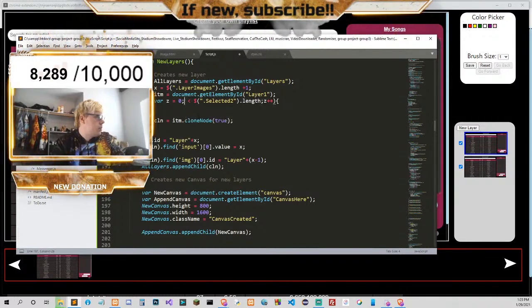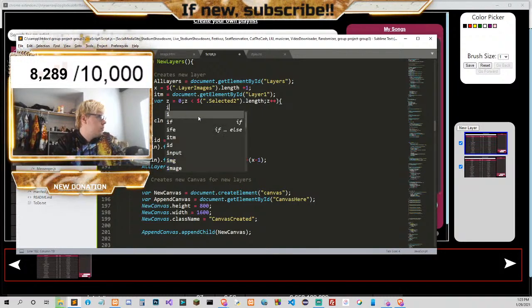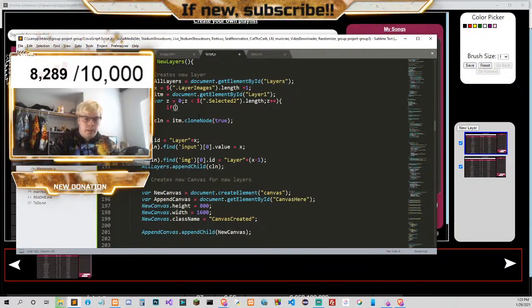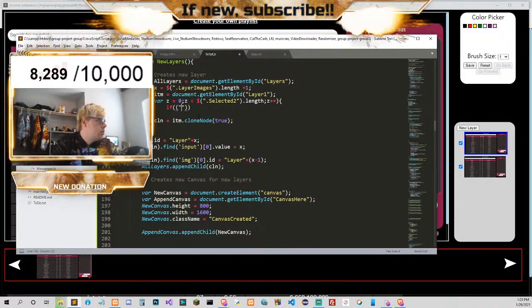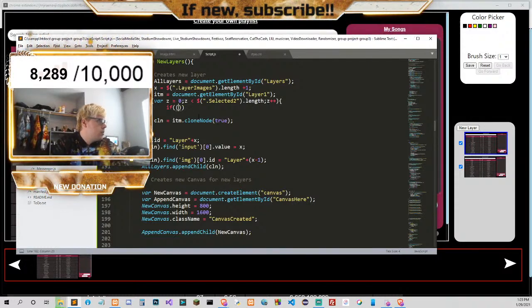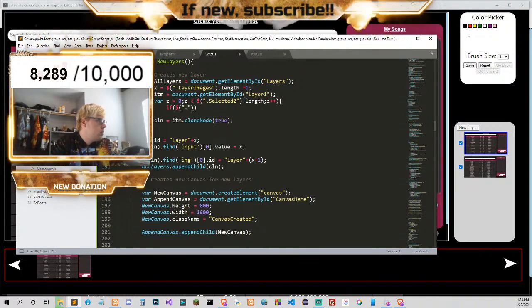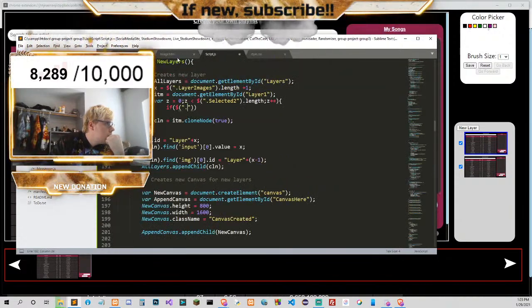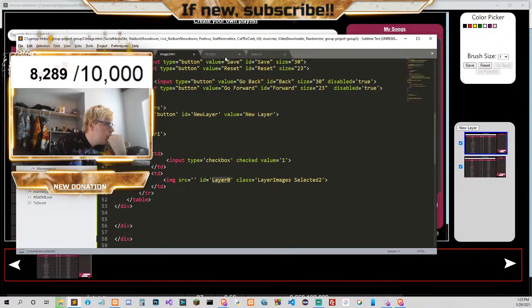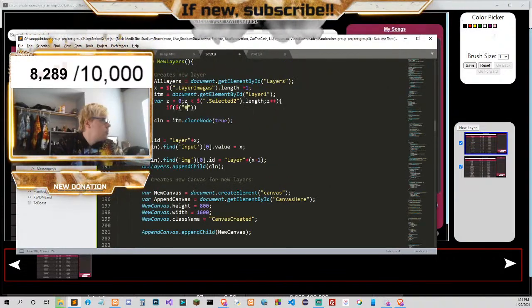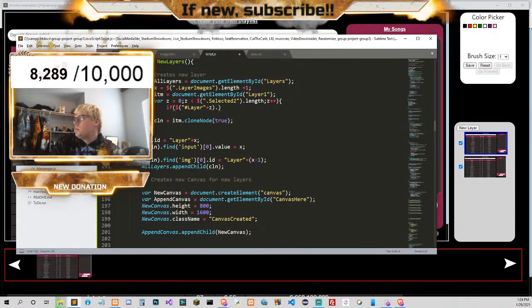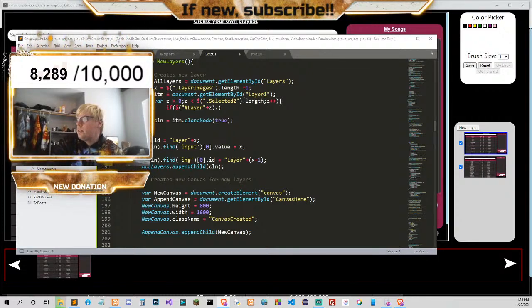So, and then in order to get the Z, if, and then we do if blank. If we do if dot... let me see, isn't there a jQuery for hasClass?